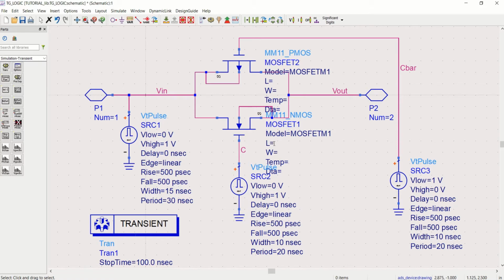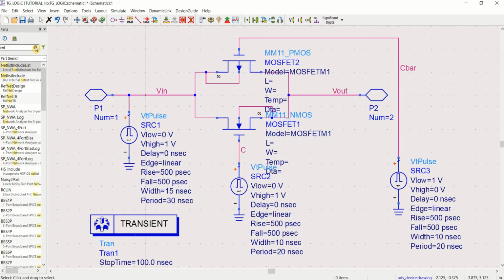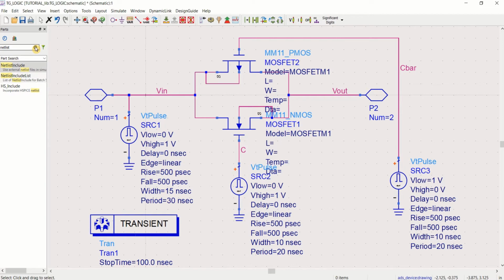Before that, you need to use the model file. So you can go to the, or you can search here, netlist include.